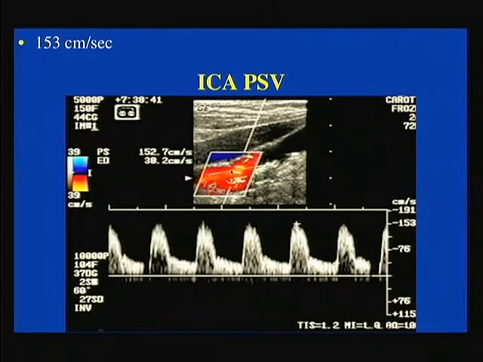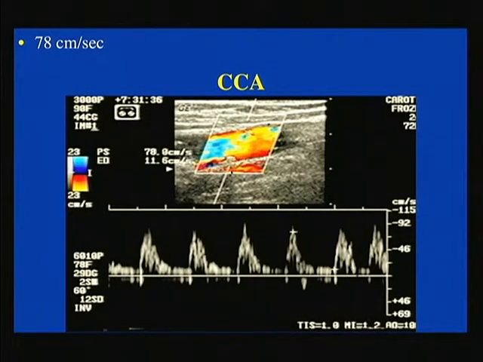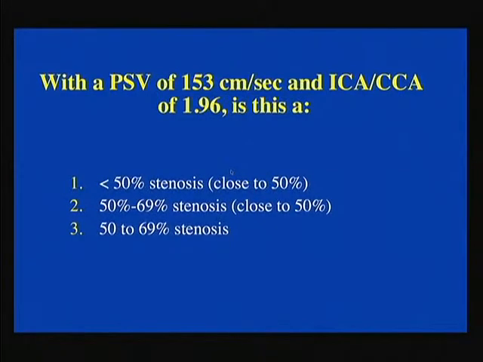So what do we got next coming up? Well, we have the common carotid artery with 78 centimeters per second. So you have a peak systolic velocity of 153 centimeters per second and a ratio of 1.96. Talk about splitting hairs. Well, if your primary criterion is peak systolic velocity, these are one of the 2 ways you can interpret it. I would probably at this point say 50 to 69. If you're a velocity ratio person,